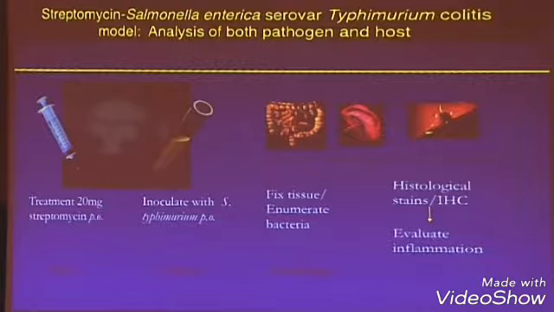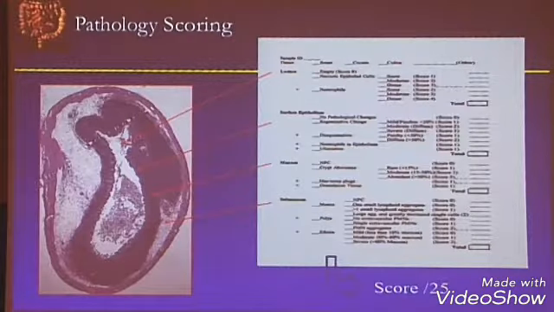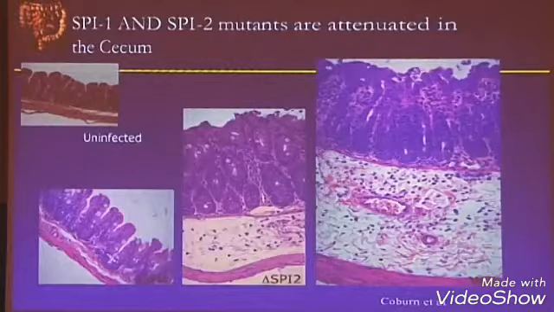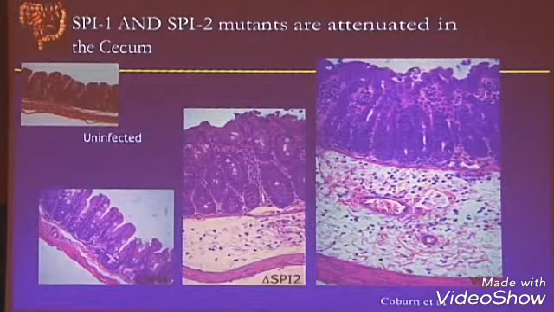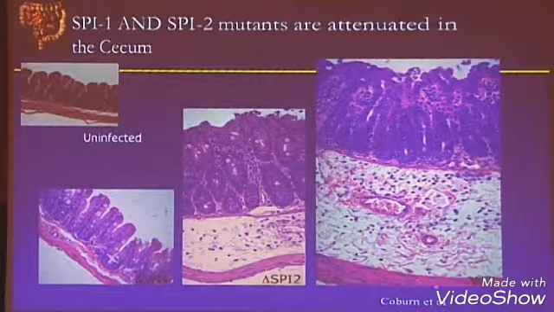And so he was looking at this type of system, and he set this up. And one of the first things is, well, I wonder what happens in SPI-1 and SPI-2 mutants. Now, you predict SPI-1 mutants to be affected because this is a gastroenteritis disease, and that should have a profound effect, and that's what he saw. He also developed a pathology scoring system, I should add, that is a way of scoring disease, which was kind of a new addition to our lab, being a molecular biology lab, of actually scoring disease-type symptoms so we could actually measure disease.